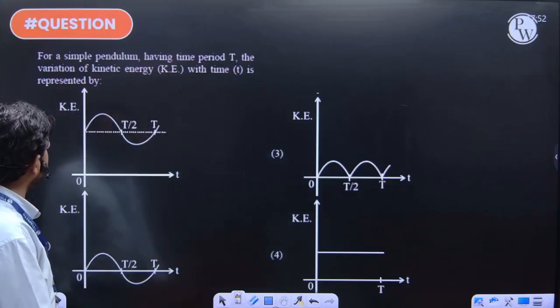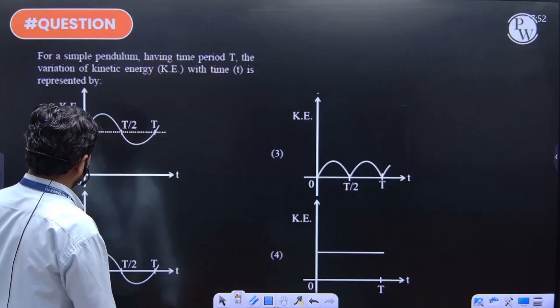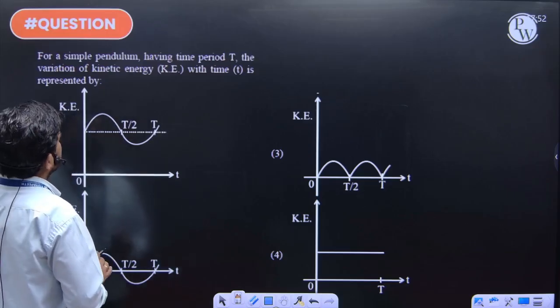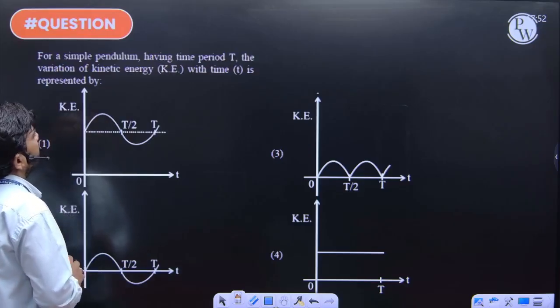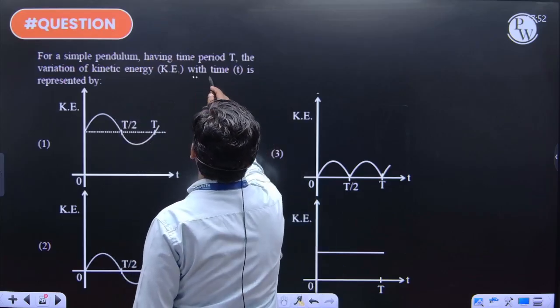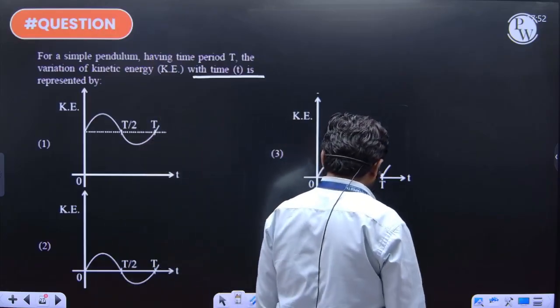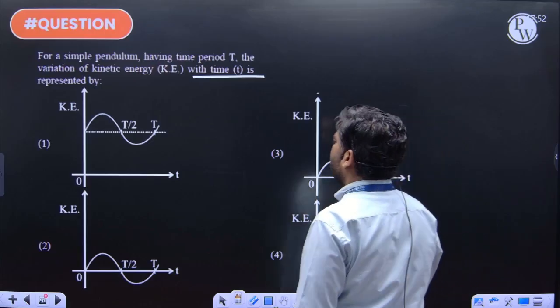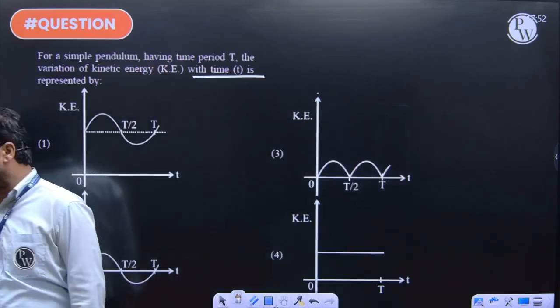So kinetic energy, it is always positive. Yes or no? First thing. So kinetic energy will always be positive, and for a simple pendulum having time period T, what is the variation of kinetic energy with time t? Now, definitely, when your kinetic energy is maximum,